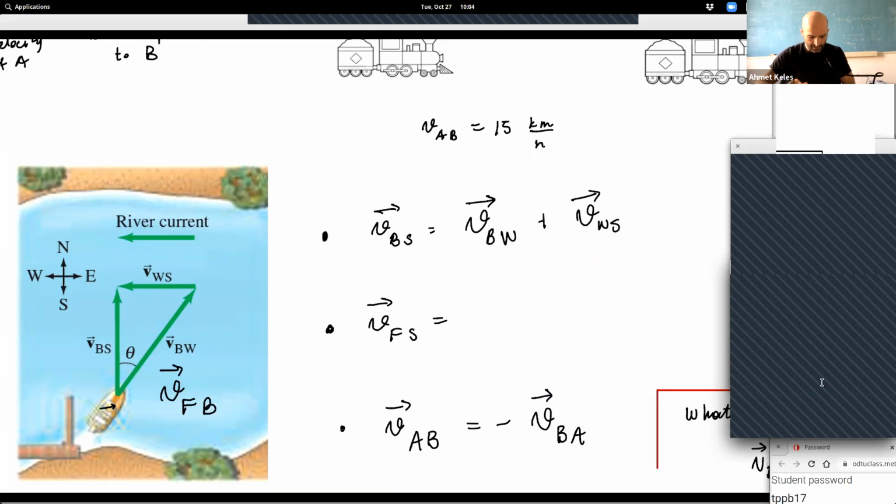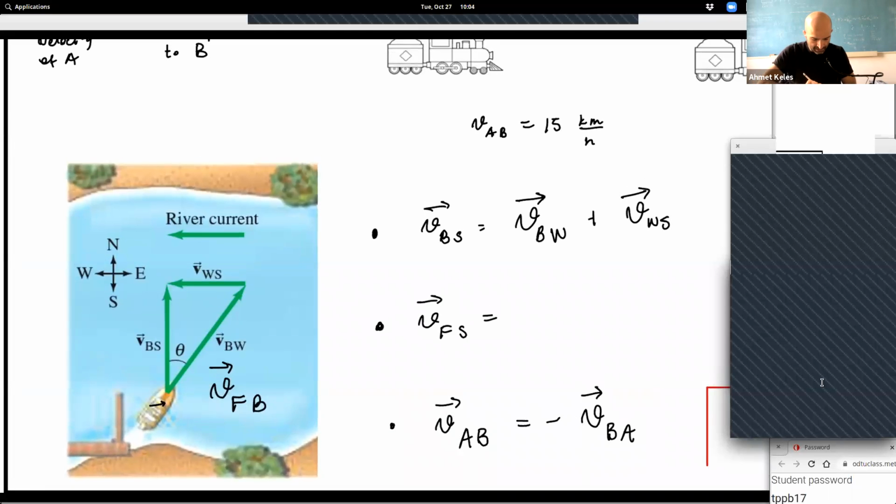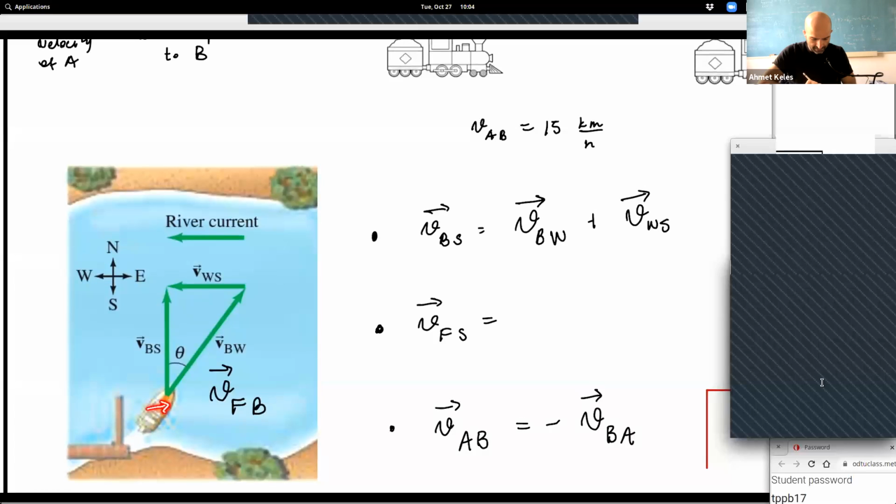For example, imagine you are a fisherman in the boat and you are walking like this, some V fisherman with respect to the boat. Okay, let's say this is given, fisherman's velocity with respect to boat. Can you write this fisherman's velocity with respect to shore in terms of all the others? What is the fisherman's velocity with respect to shore? Okay, I started to have some answers. VFB minus VBS. Okay, that's one answer.